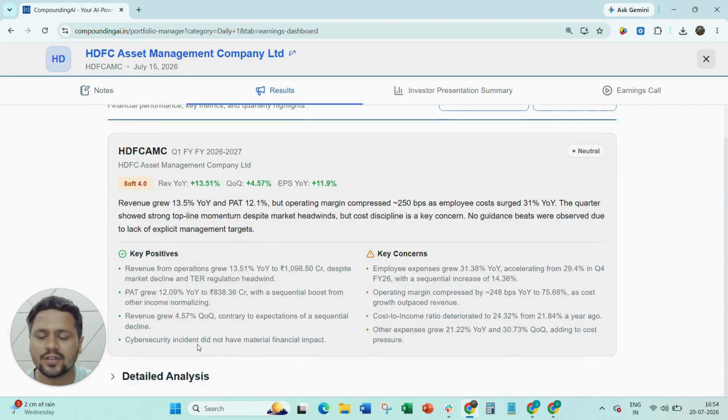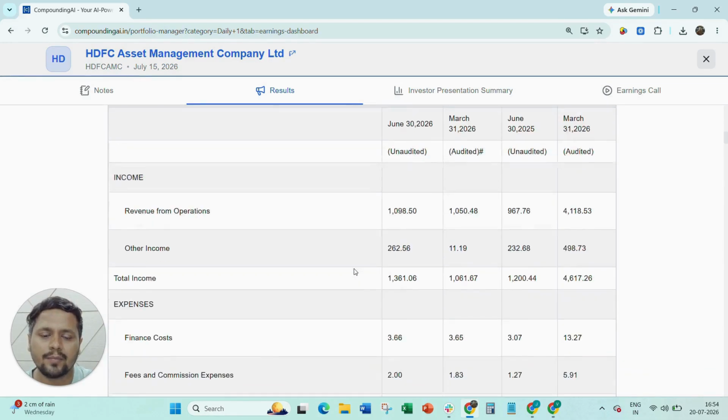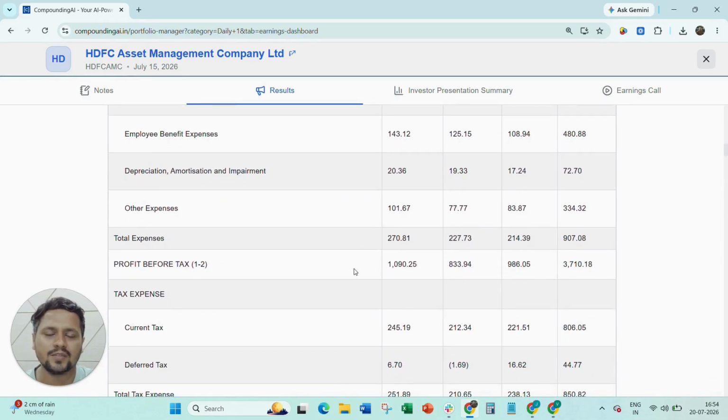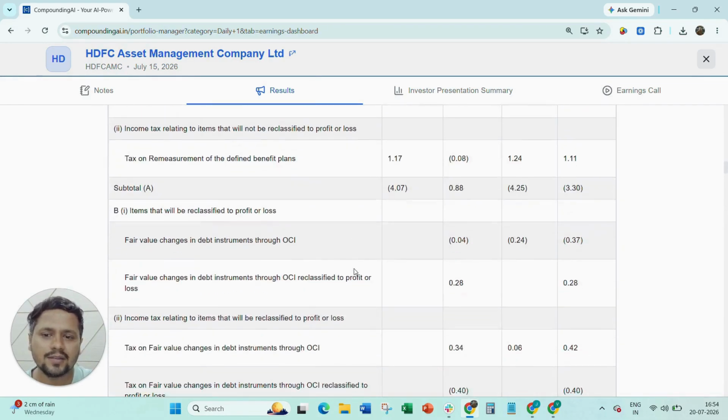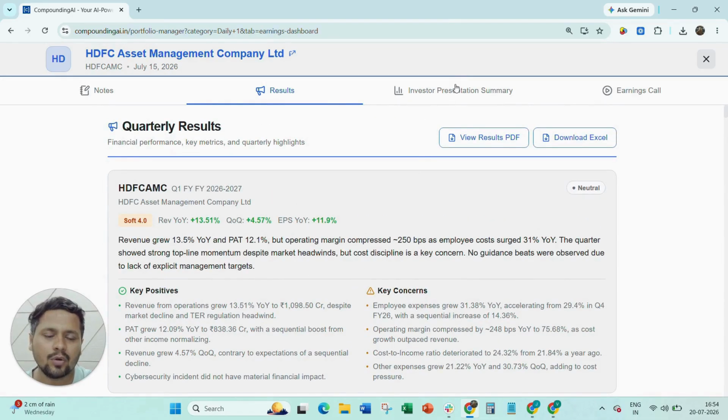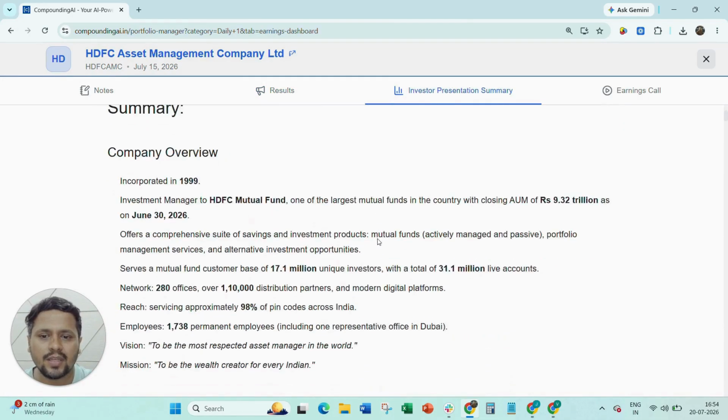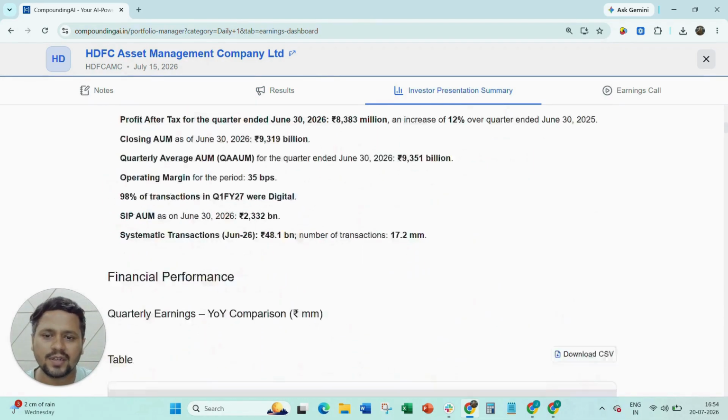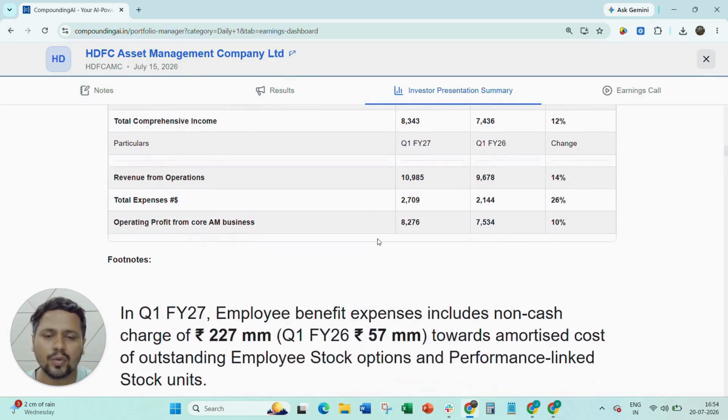Then the result analysis section covers the result in a very detailed manner, to the level of the P&L statement. It also binds what the management has been saying, so it is a very contextual analysis of the past and what the result came out as. There is an investor presentation summary. So we capture the important parts from the presentation so that you can go through it in a single window